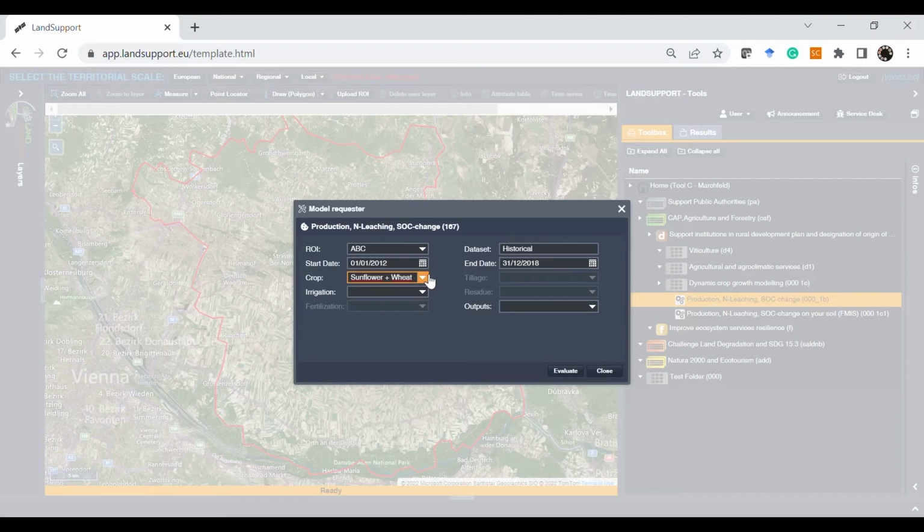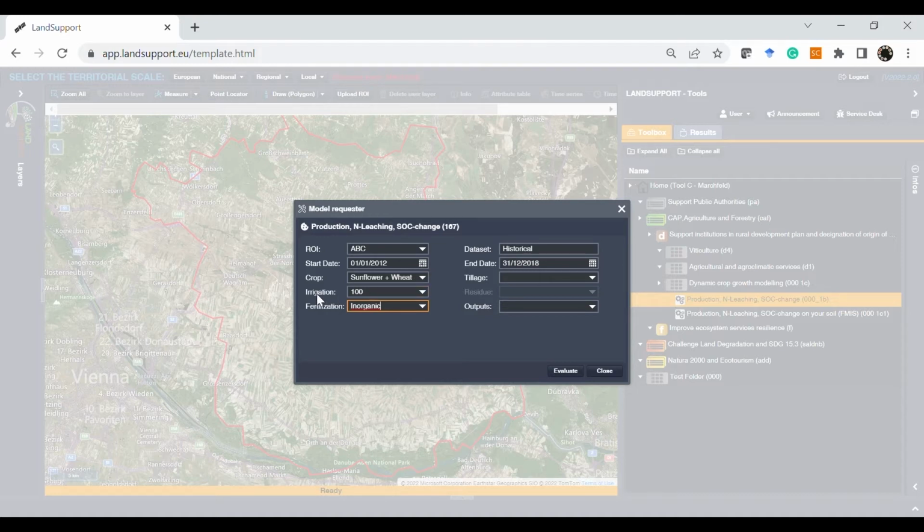This list of crop rotations include both organic and conventional systems crop rotations. In this case, this sunflower, wheat, and maize rotation is a typical one of the conventional system. So it means that is automatically linked to an inorganic fertilization. So that's why you find just inorganic here. Other rotations are automatically linked to organic